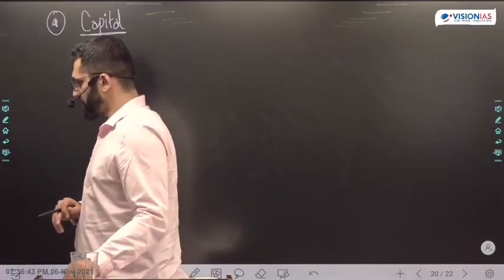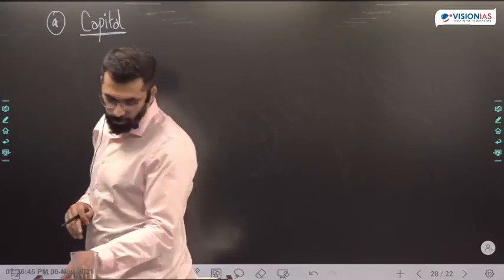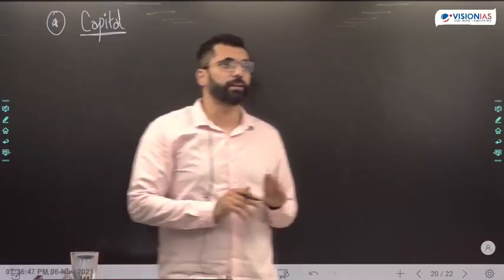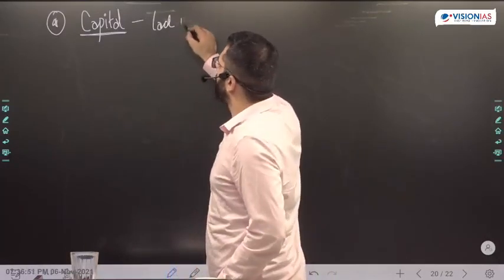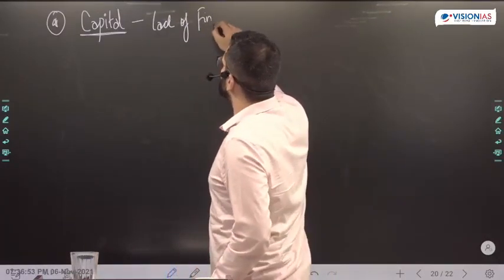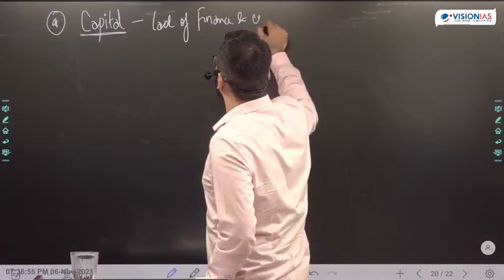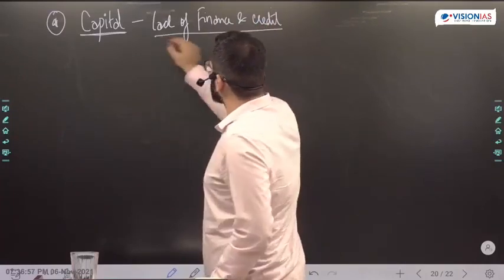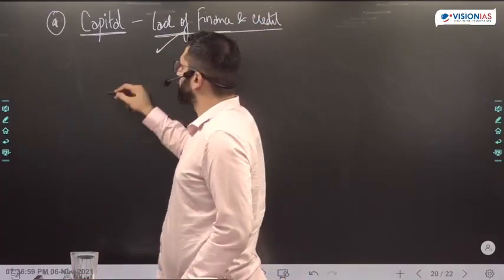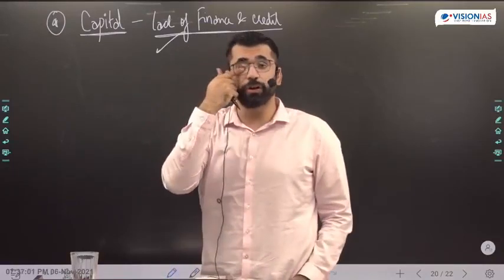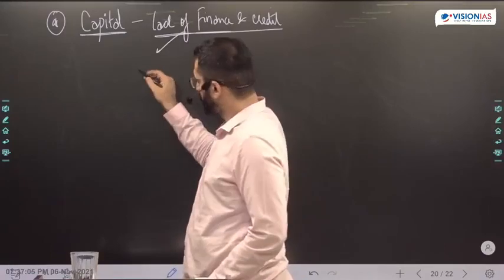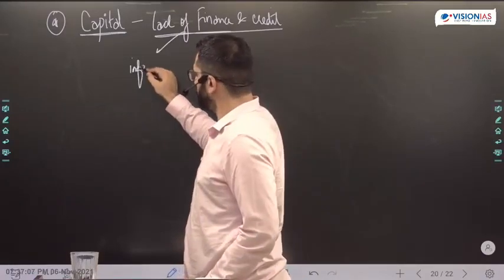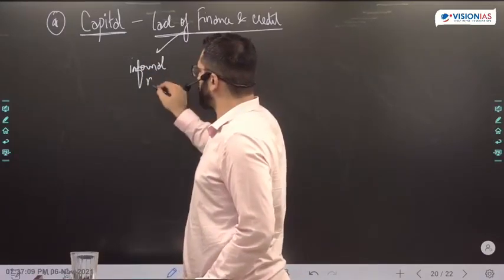Poor technology, less innovation. Lack of capital. The first and foremost important point is they don't get credit. Lack of finance and credit. Now this has many issues. First, why don't they get it? Because they don't have, you could say, a proper maintenance of records. They're mostly informal in nature. Informal nature of enterprises,